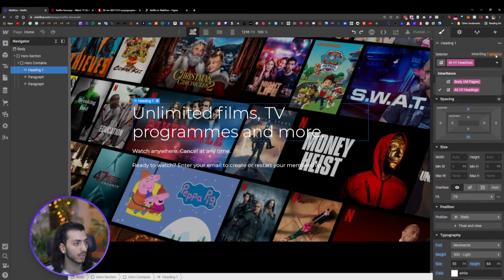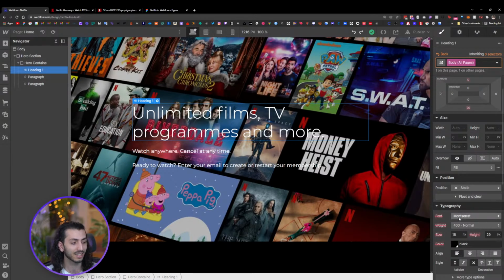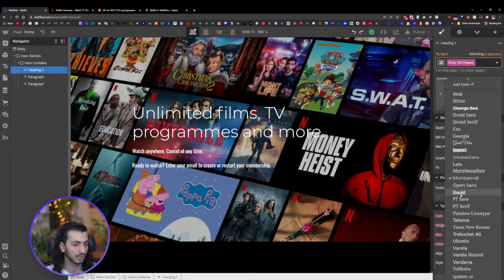So to do that, I'm going back to the selector, selecting the selector, and then body all pages. From here we can set up a font for all the pages we have, and for Netflix we can have something like